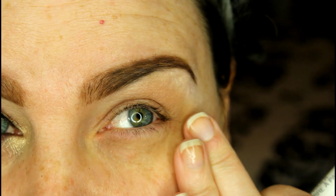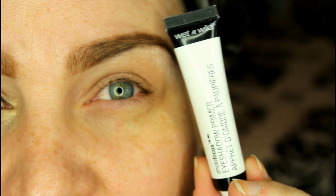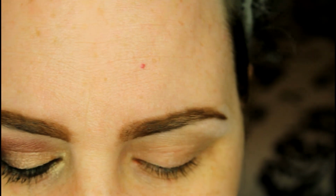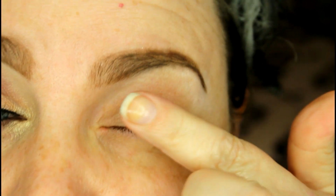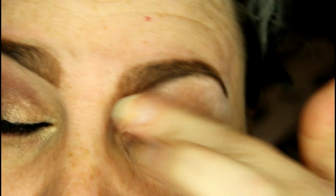Alright everybody, so I've already started, I've carved out my brows and set my brows, but we're gonna go in with the Wet n Wild Photo Focus Eyeshadow Primer. I'm just going to take a little bit of that on my finger, and I'm just going to place this